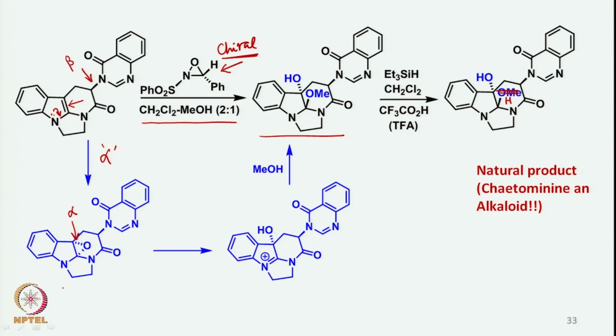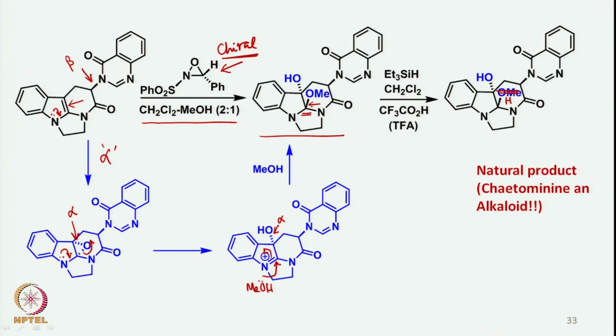Therefore the double bond forms an epoxide, and then this particular lone pair of electrons pushes it out and opens up the epoxide to form this alpha hydroxy ammonium ion here, to which methanol attacks. So the methanol is basically attacking onto the ammonium ion here, and this positive charge is neutralized